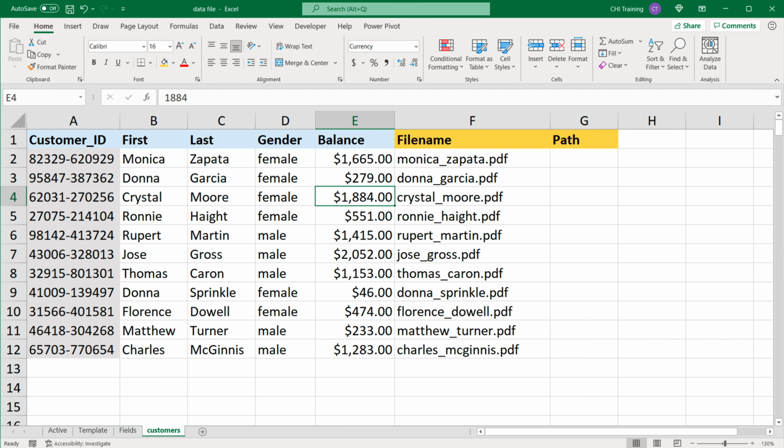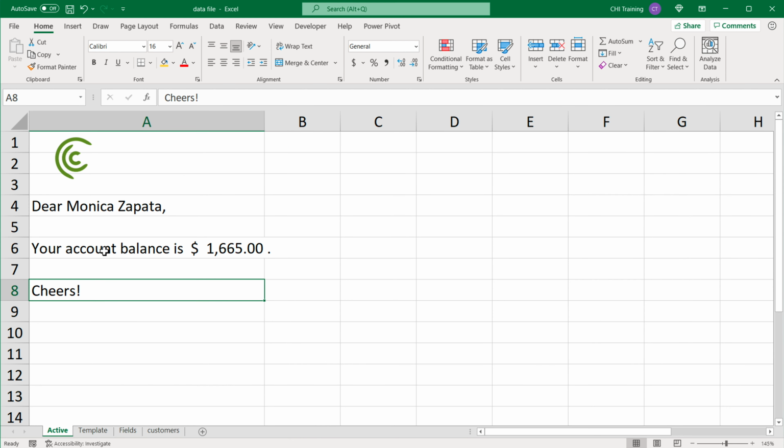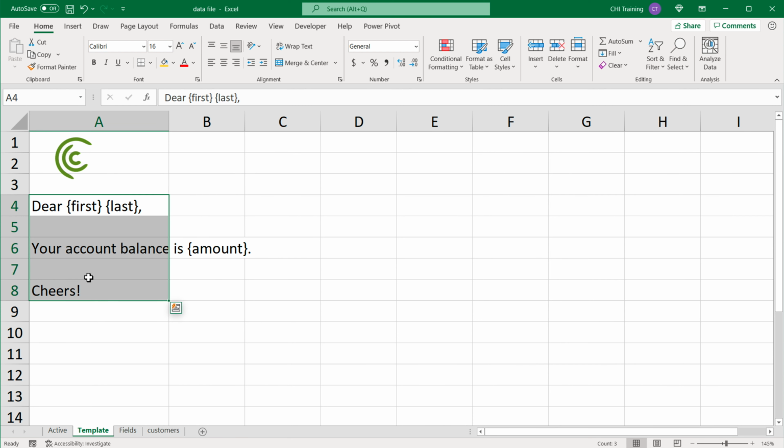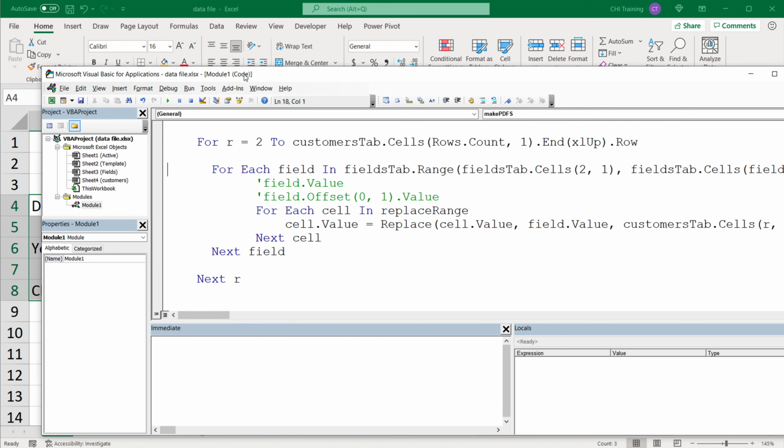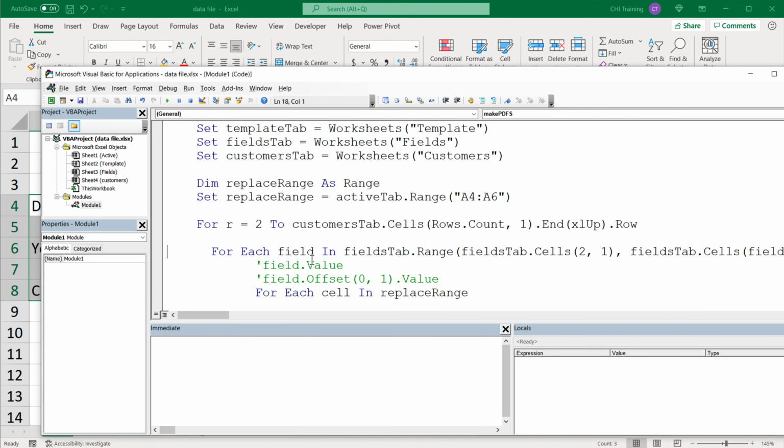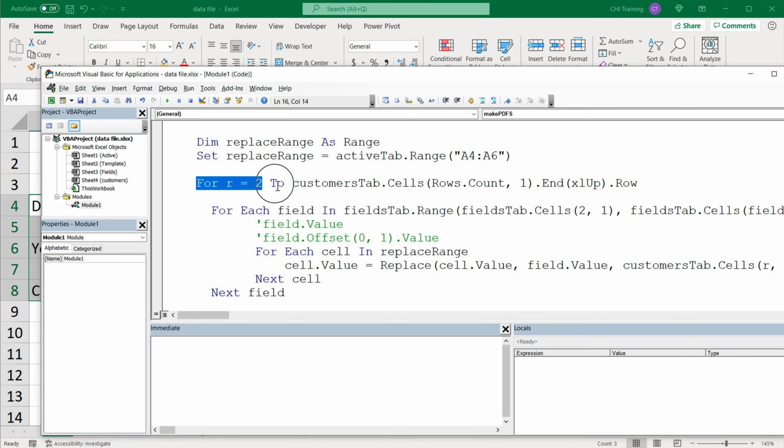So now, as we're about to go to our next step, we want to remember that once we run this for the first record, if we try to do this now for the second record, we're not going to be able to do that because our special tags are not here to replace anymore. So what we'll need to do after we're done with this record, we want to then just replace this with a fresh copy of this here. So what we'll do, we'll get back to this. When we get to this loop,